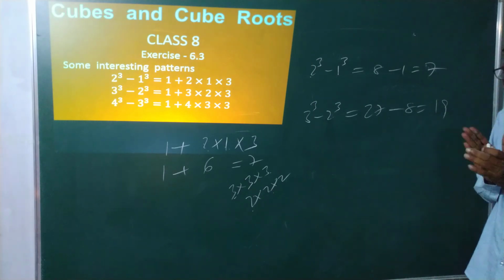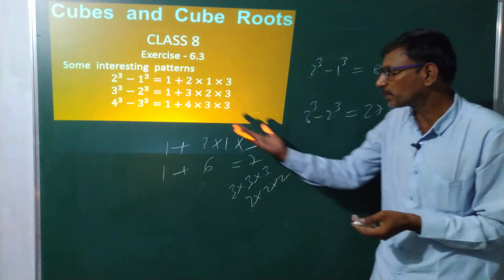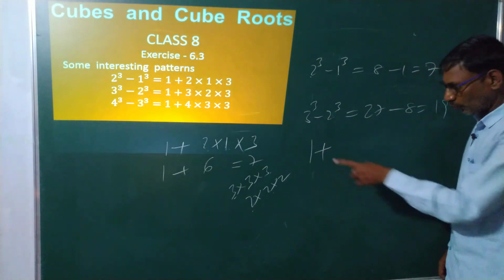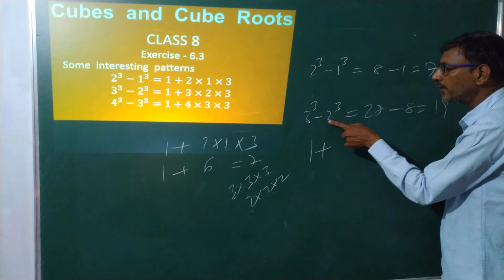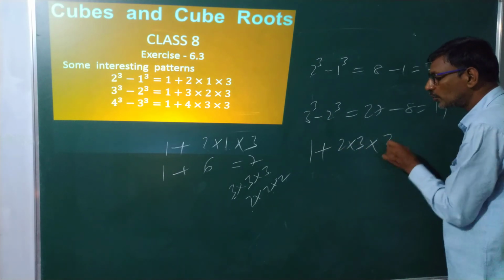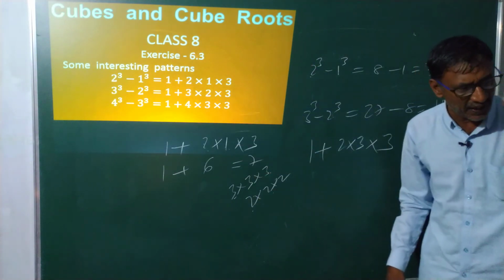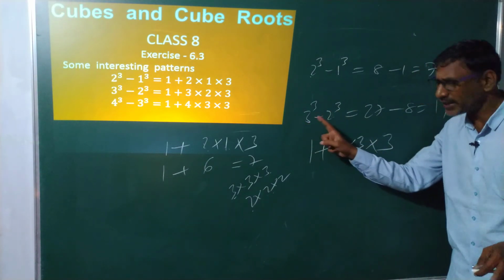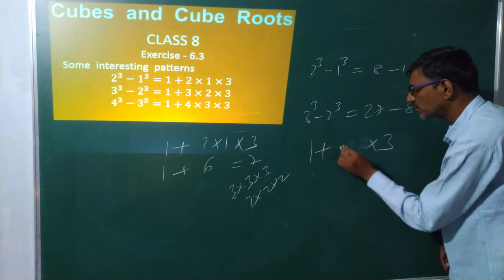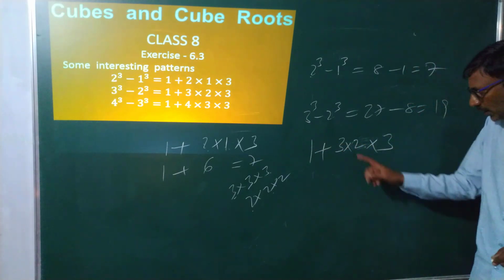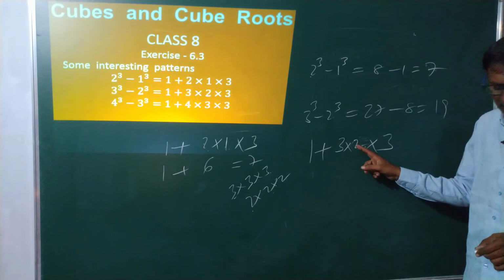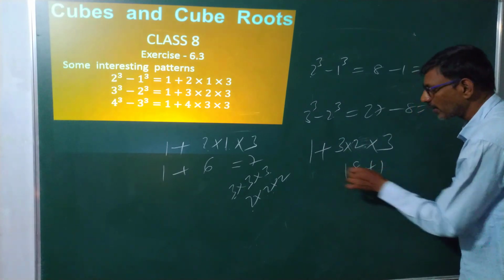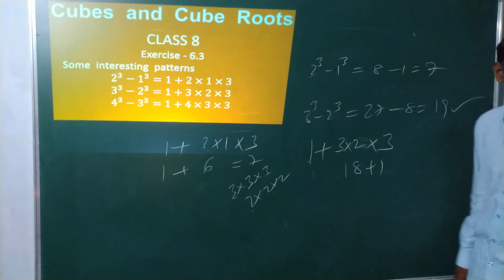Okay. We will find it in some other method. We are expressing this like this: 1 always you plus it. 1 plus 2 into 3 into 3. Always we multiply in any expression. 3 into 2, that's better. 3 into 2 is 6. 6 threes are 18. 18 plus 1, we get 19.